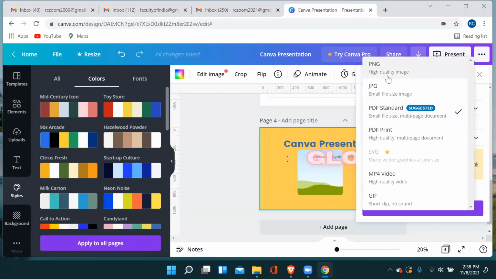It will download it in either PNG or JPG format, PDF format, and you can make it in a video format also, or GIF. So these are the formats in which you can download and present it offline. There's no PPT option because if you want to download and present it, the PDF is the best option for it. PDF standard, and I think PDF print also, so high quality presentation. So it's always good, and you can take a printout directly from that also. Because PDF is portable, you don't need PowerPoint presentation software specifically if you want to present offline. PDF is there on most of the computers, so you can present in PDF format directly. Okay,